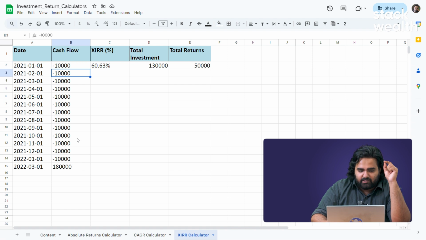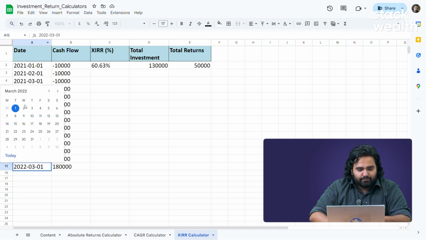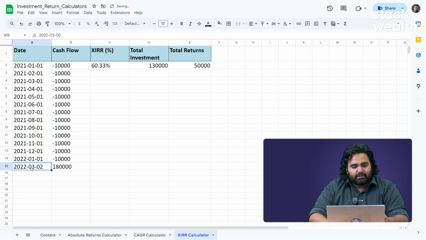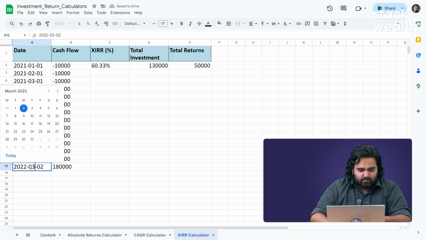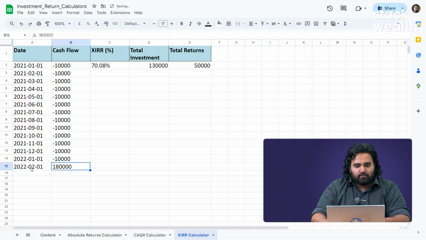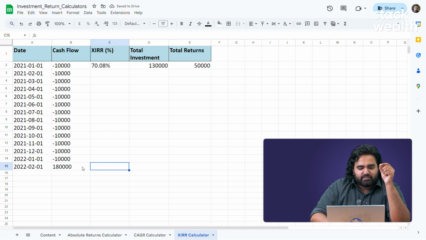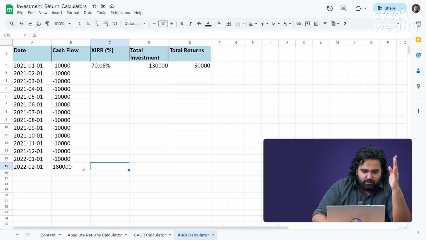Now let's say we continue this investment for the entire year till the next year January. Give me 1 second, sorry about this. Okay, and next year January, and then you take out the money in February. So you started investing on 1st Jan 2021. You invested 10,000 continuously for an entire year till 1st Jan 2022, and then on February 1st, 2022, you take out your money. Now because you've been investing 10,000 every month for 13 months, your total investment is